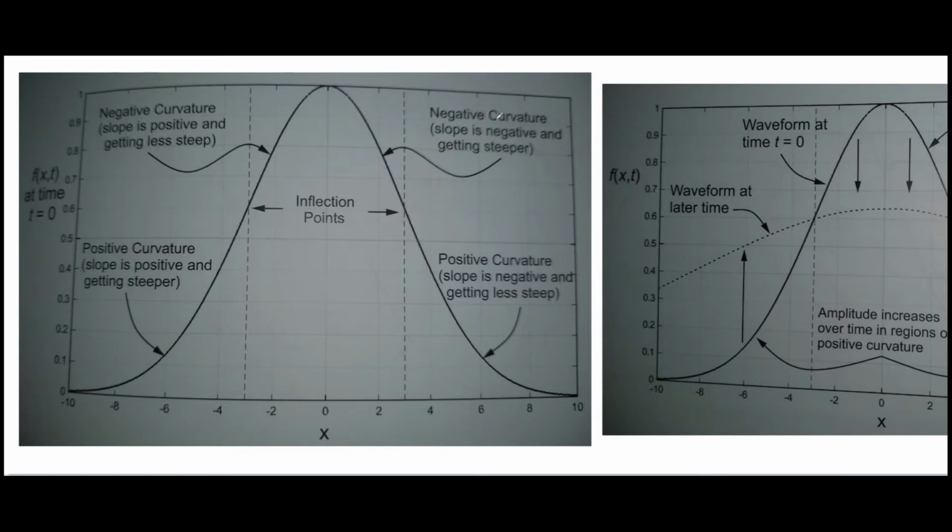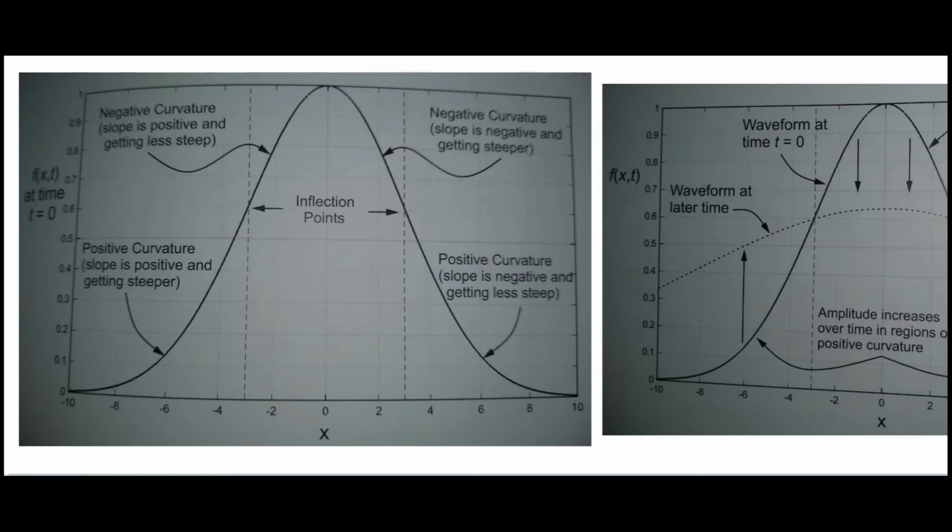And the negative curvature here, the slope is negative and getting steeper. And so since the slope is negative, getting steeper is giving us the negative slope here. And then down here, after the inflection point, positive curvature, the slope is positive and getting steeper. The slope is negative, getting less steep. And so that just goes back to our basic interpretation of